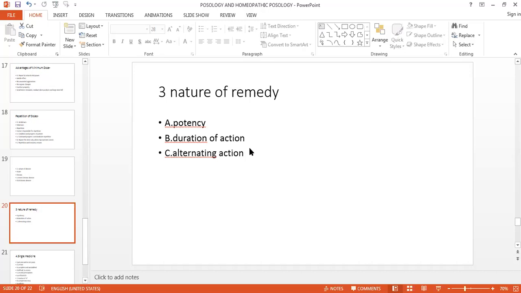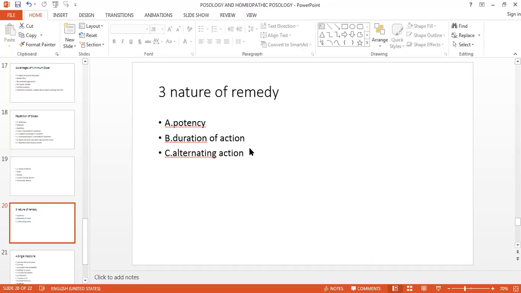Primary, meaning if you give one dose, it will not work there, because all these are proved acute medicines, but they are having the alternating action. Meaning first it will show nothing, then it will show, then again nothing, that is the alternating action. The second dose may even be administered within a few hours after the administration of the first dose in the acute diseases. So if you want to give belladonna in acute tonsillitis or pharyngitis, you have to repeat it. Or if you want to give ignatia or rhus tox, you have to repeat it after some hours, 3 hours, 4 hours.